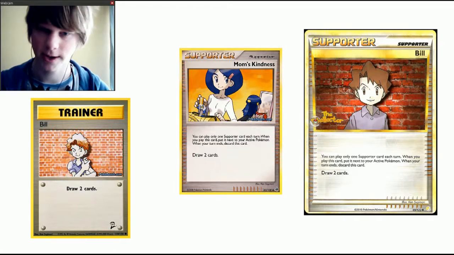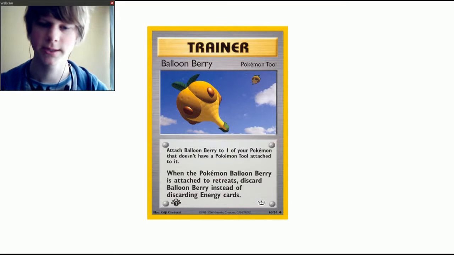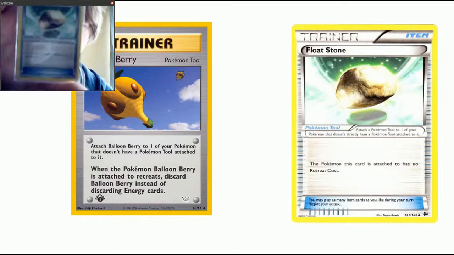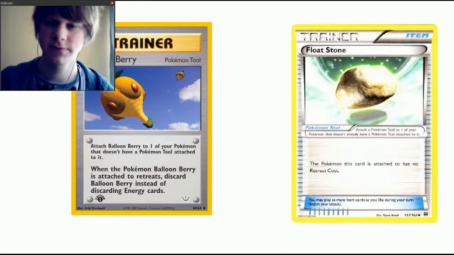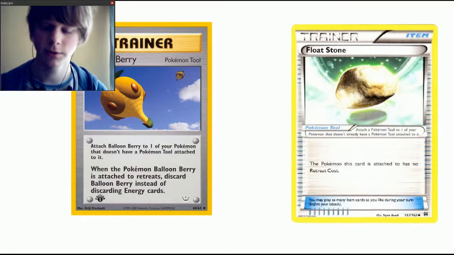Let's take a look at another trainer card, Balloonberry. When the Pokemon Balloonberry is attached to retreats, discard Balloonberry instead of discarding energy cards. Now this effect is pretty similar to the Floatstone card we've been getting recently with Plasma Freeze, or here, Breakthrough. And that says the Pokemon this card is attached to has no retreat cost. Now obviously Floatstone is a little bit better and more modernized for the game to make it more reliable, but